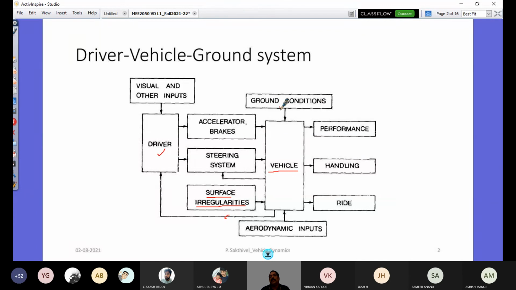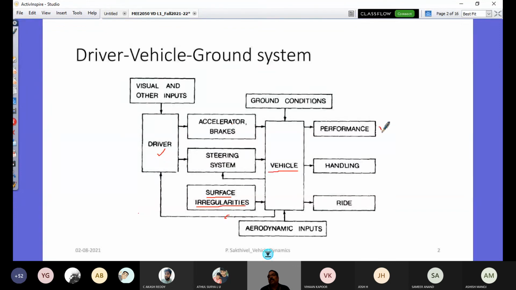So the vehicle which is being driven by the driver is, of course, getting influenced and has to adjust because of this input from the driver, carefully with the ground condition and the aerodynamic input and so on. So if this system functions like that, with driver, vehicle, road integration, you would be able to get the requirement of your vehicle for which it is designed, for which you buy and you drive, right? That is what we call performance, handling, and ride.